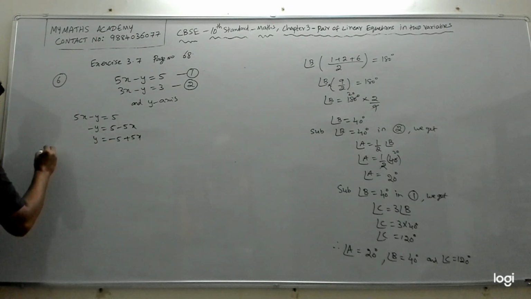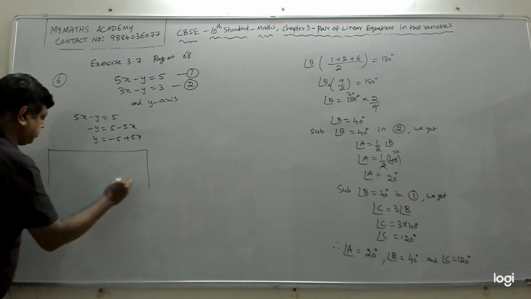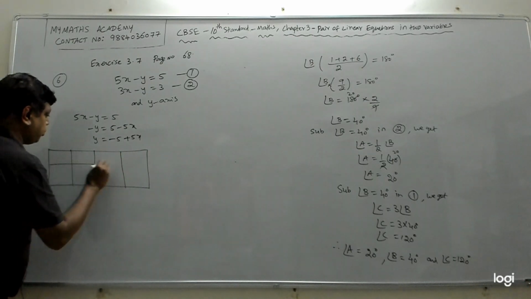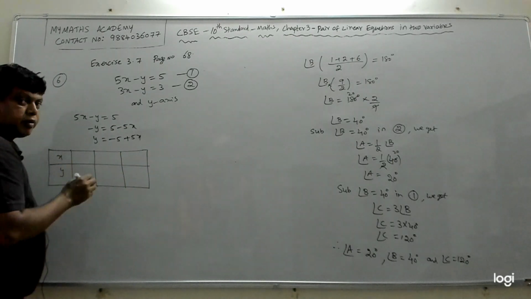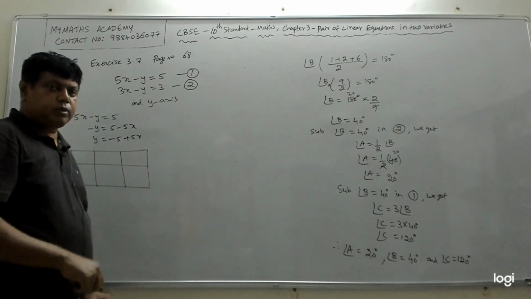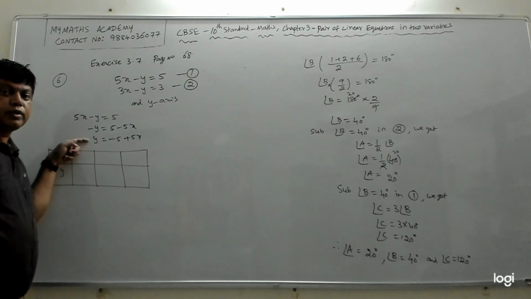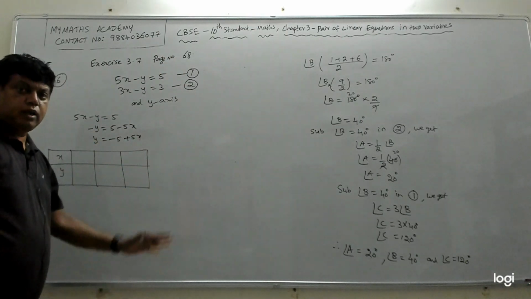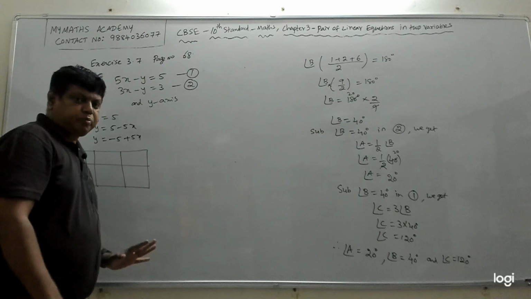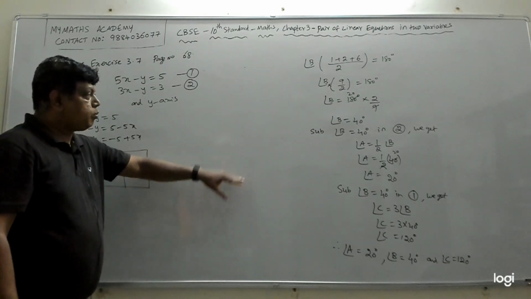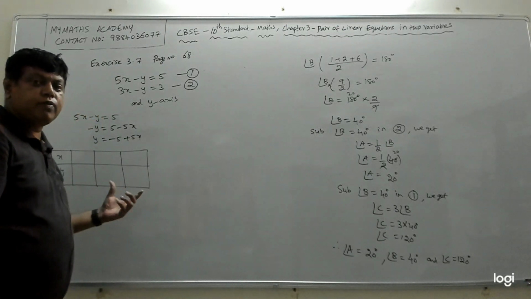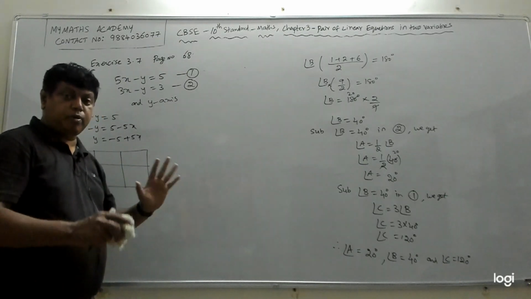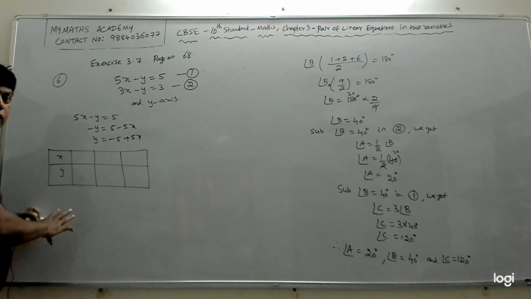Now we should draw the graph. How do we draw the graph? We'll put a table. We'll try to find 3 points. 2 points is enough. As I told you already in my previous videos, we always go for 3 points because we know the graph of this will be a straight line, since it is a linear equation in 2 variables. Any linear equation in 2 variables will give you a straight line. For that we just need 2 points, but still we will take 3 points, because if I plot 3 points and get a straight line, then we will be very sure that our answer is right.